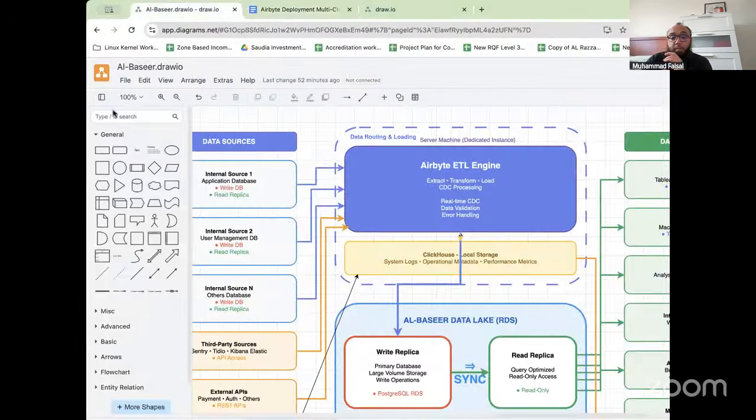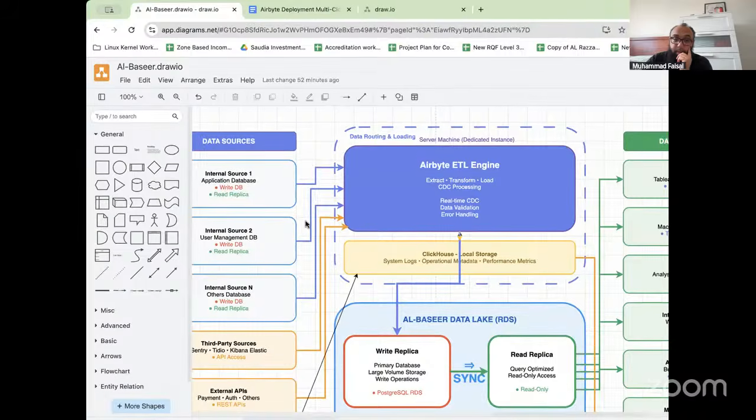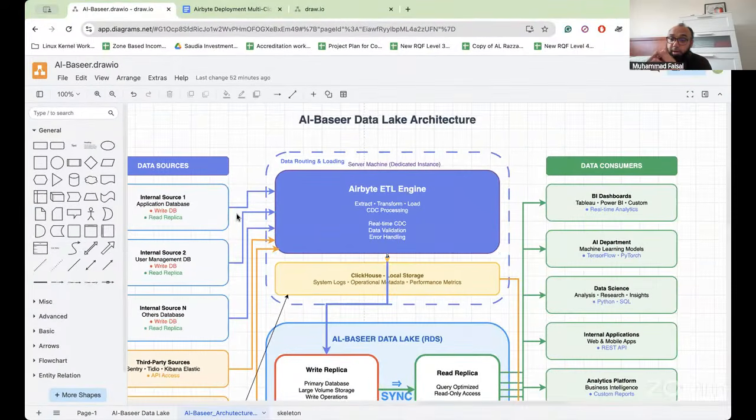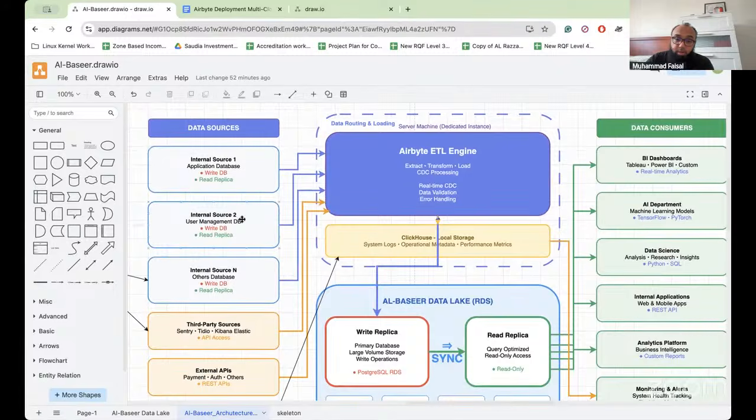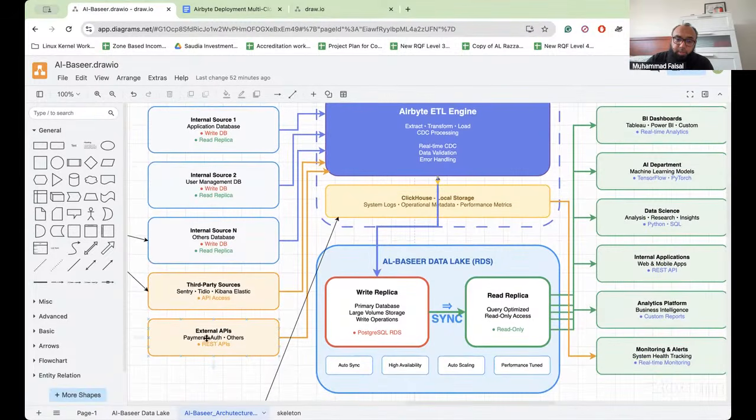This is our Al-Basir architecture, the Al-Basir data lake architecture. We are using the Airbyte ETL engine, which is getting all the sources of data: internal sources, third-party sources, Sentry, Kibana, external payments.